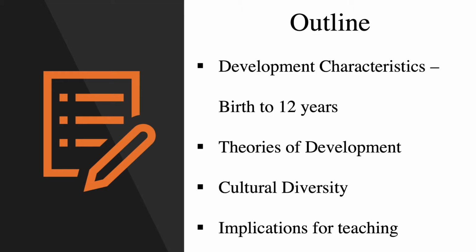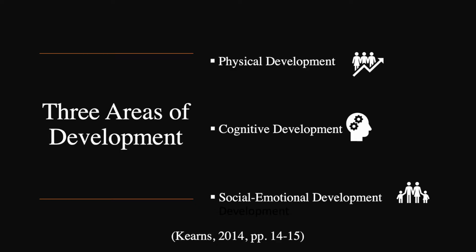The study of childhood development can be categorized into three different areas. Physical development is the process of gross motor and fine motor development. Cognitive development is the construction of thought processes, problem solving, and decision making, and social emotional development is the development of self-concept, self-esteem, and the ability to express feelings and form relationships with others. Whilst these three areas can be studied separately, they are highly interrelated, and one area can influence the development of another.